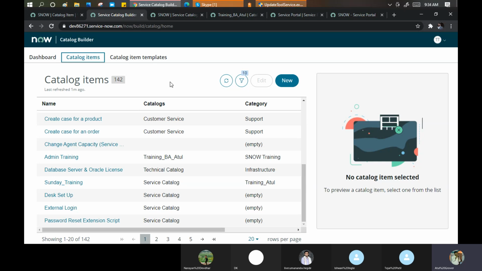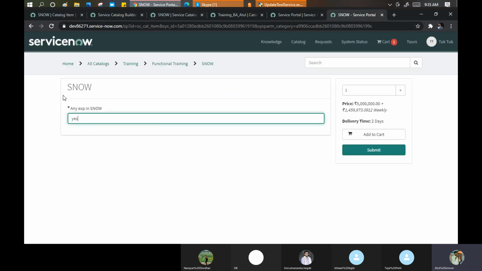Okay, so now let me stop my class here, because after that it will take another 1 hour to do all these things. So till now we understood how this catalog comes, how this category comes, how this catalog item comes. Tomorrow we will see if I submit this catalog item, how it will go for approval, to whom it will go for approval, for whom it will create a task, how the task will be taken care of. All these things we will discuss in tomorrow's class. So don't bunk or skip tomorrow's class. And possibly if required, Saturday also we will continue with this topic.